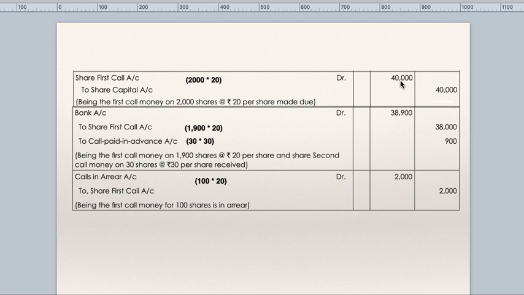So first call due was 40,000 but they have received 38,000. 2,000 will get transferred to calls in arrears. Calls in arrears to share first call. Now these three set of entries you can pass in